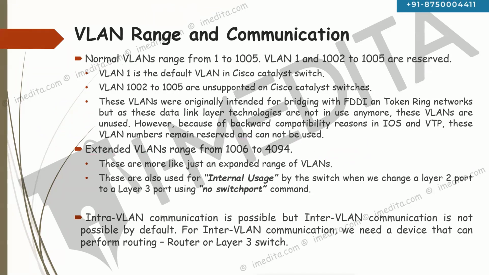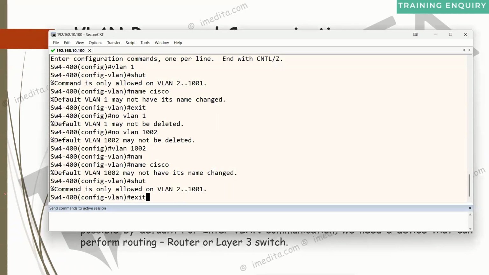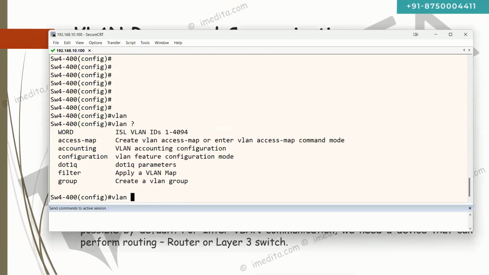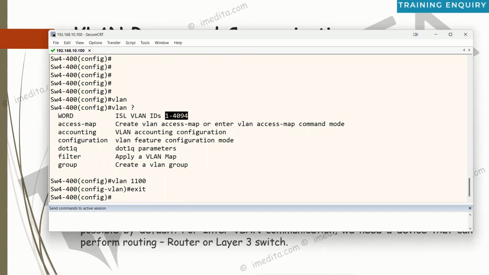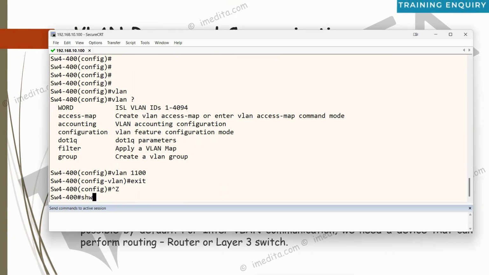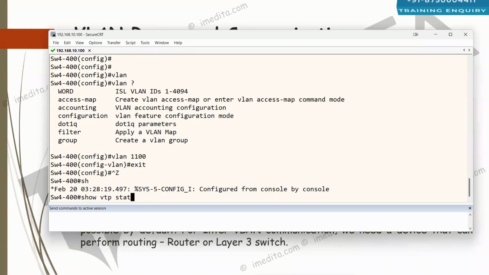For example, I can create VLAN 2, 3, 4. But will we be able to create an extended range VLAN such as 1100? That is dependent on the configuration of VTP. If I use the command show vtp status,